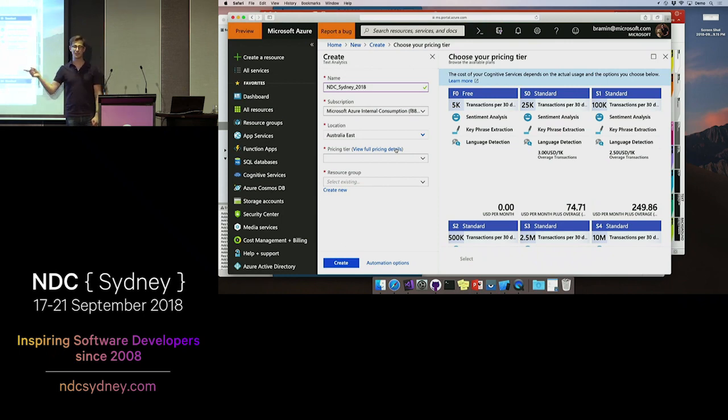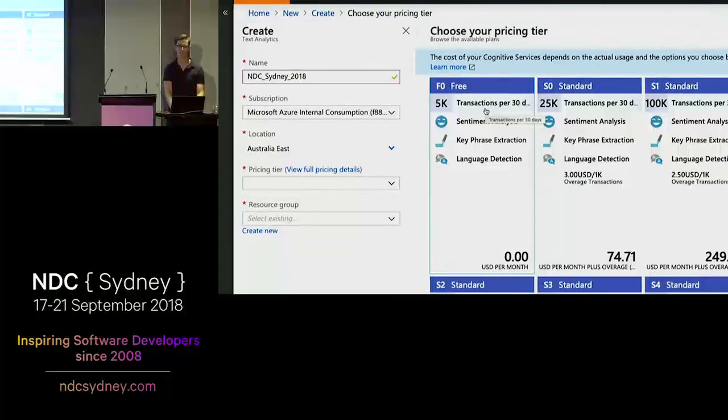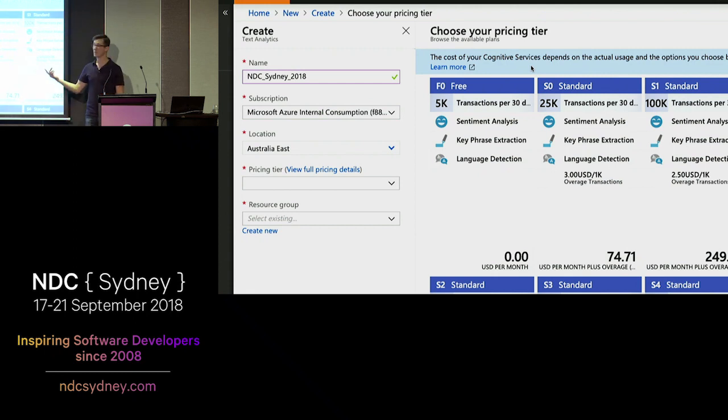So not only do you have $200 credit to check it out and get started, but you don't even have to pay for it because you have a free tier here, and you can see that you get 5,000 transactions per 30 days. So these are what I use in all my apps. The ones that at least I don't publish to the App Store, kind of ones I make just for fun, because I'm never going to hit 25,000 API calls in 30 days, at least not by myself.